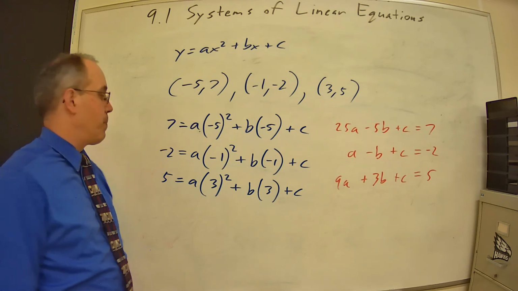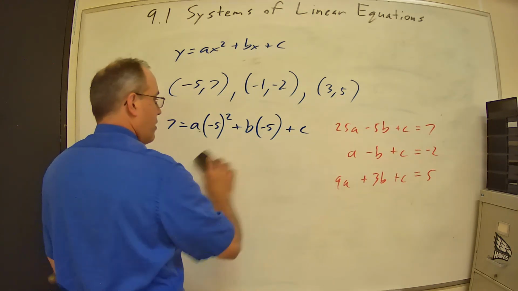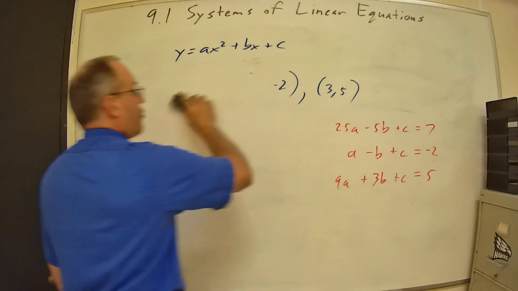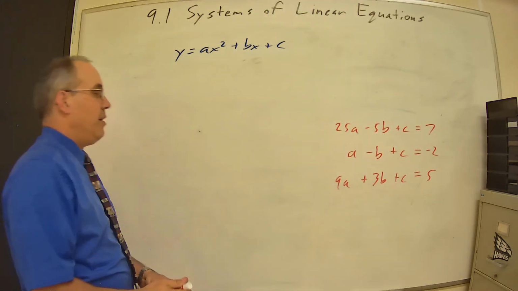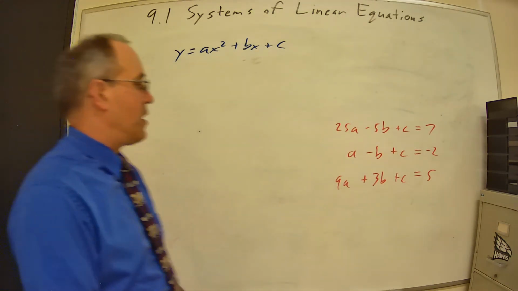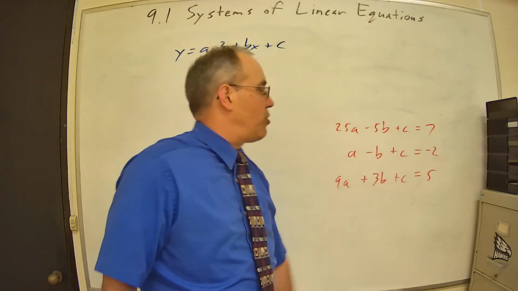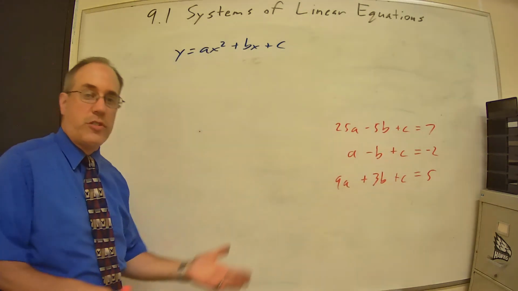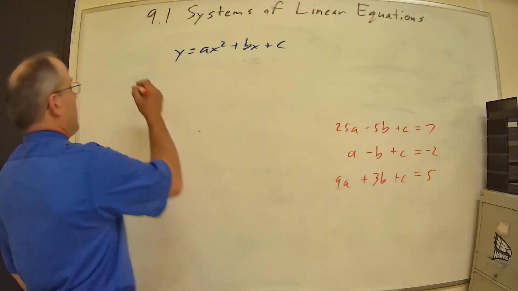3 unknowns. To give us some space, I'm going to get rid of these over here. And I'm going to start solving. Well, it should be relatively obvious that I've got C, C, and C, so I can take any of these and just start subtracting to cancel, and I'm going to be able to cancel out C's pretty easily. So